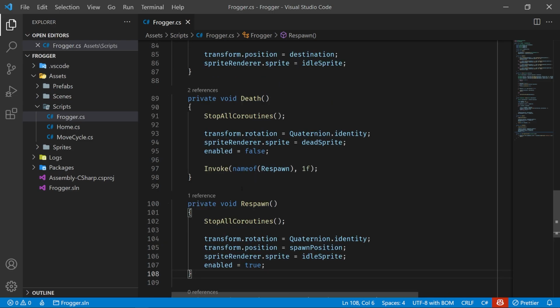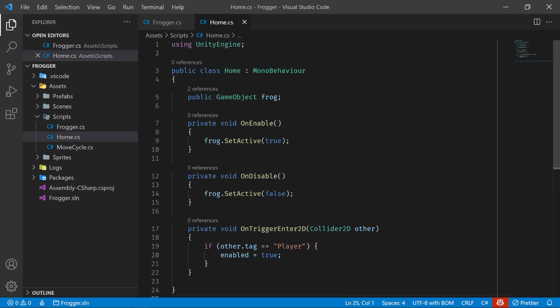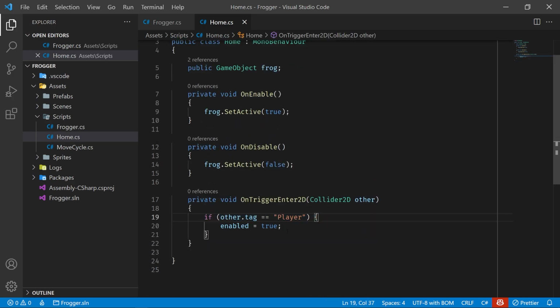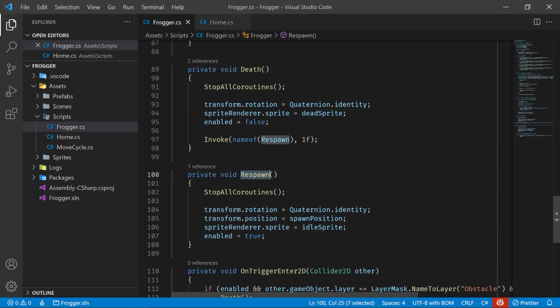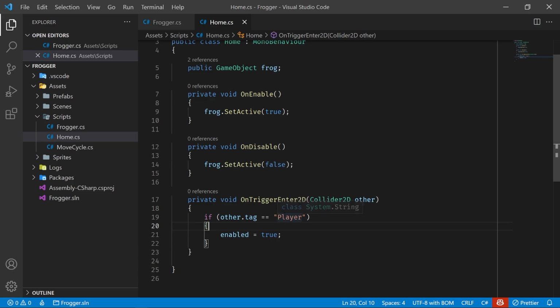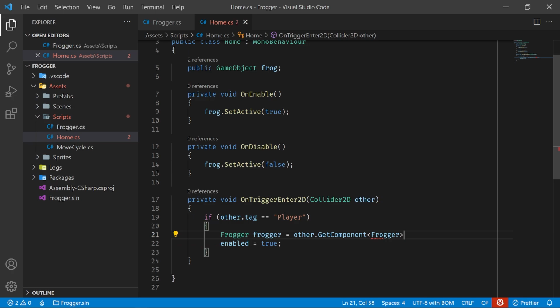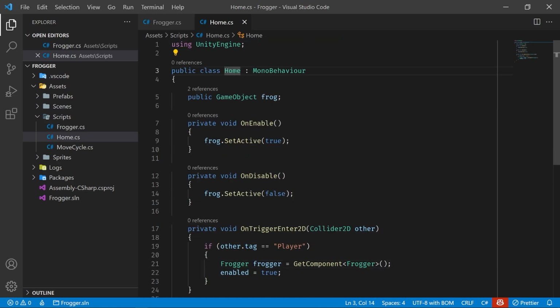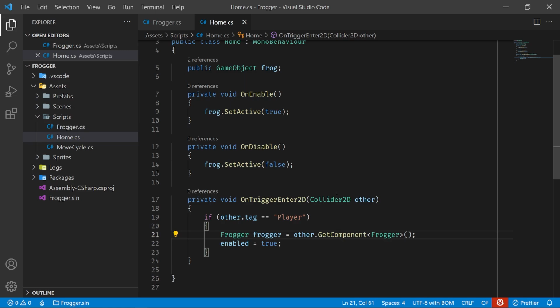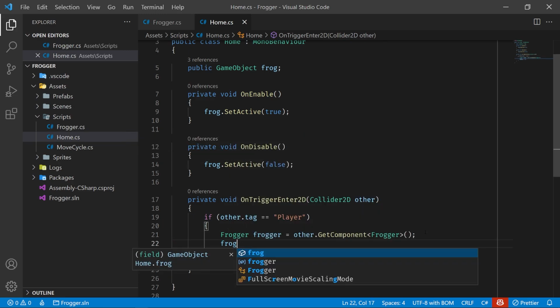And then the other place you should respawn is when you reach home here. So in our home script, we know that this tag is the player. However, in order to actually call this function, we need access to the Frogger script. So we can get this using get component. And we're getting get component on other. Because if we get component not on other, it's going to try to get the component on the home. Frogger is not on the home. Frogger is this other object we've collided with. So we get it on other, and then we can say Frogger dot